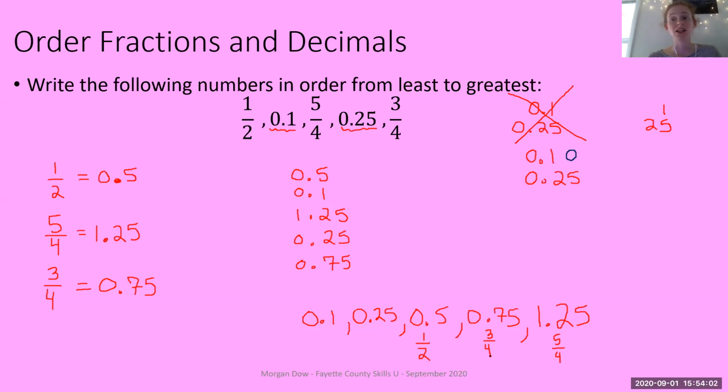At the very least, when you're putting numbers in order, numbers that are greater than 1, right? So if you see like 1 point something or 2 point something,